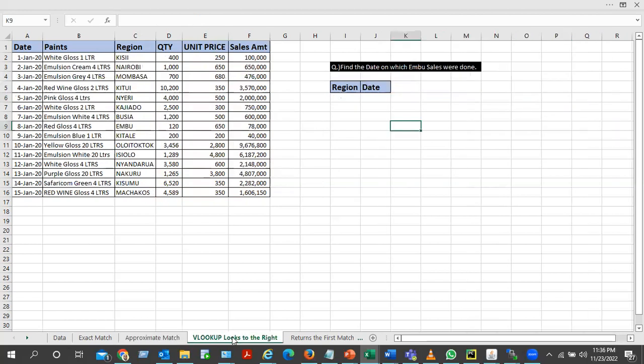Going to the second, or the third item, it's about VLOOKUP looking to the right. So what does that mean? This means that when you're using VLOOKUP, the value that you are looking up has to be on the left. For example, say the region here is Kisii, and you want to look at on which date Kisii was sold. So if you come here and provide a VLOOKUP formula,